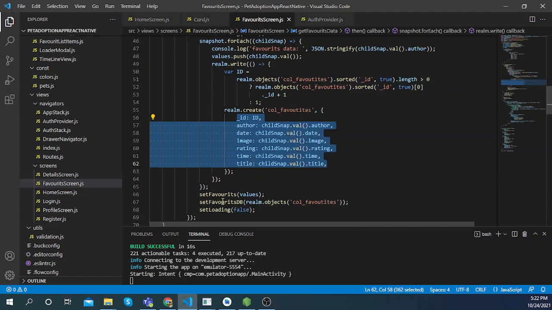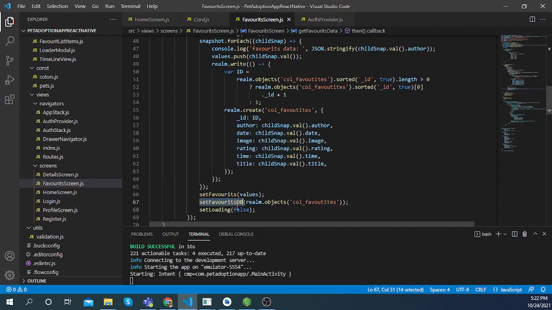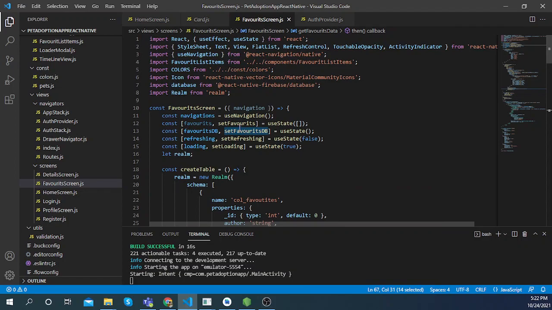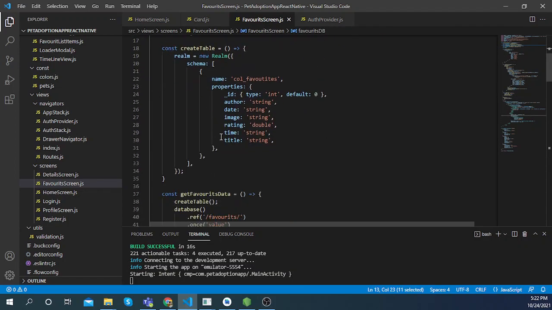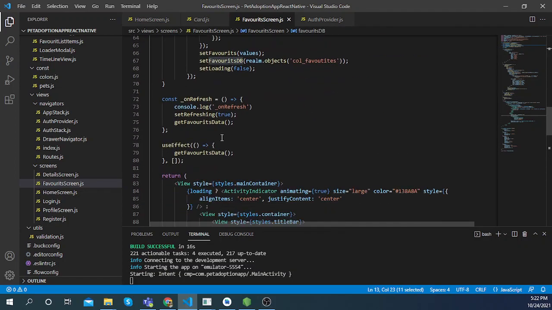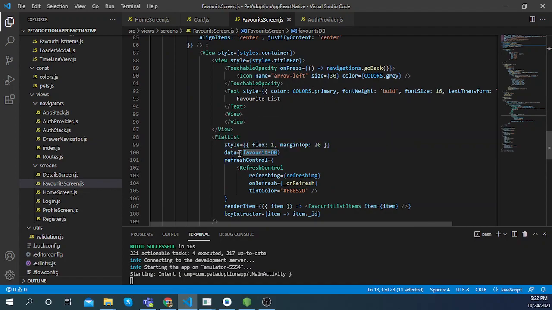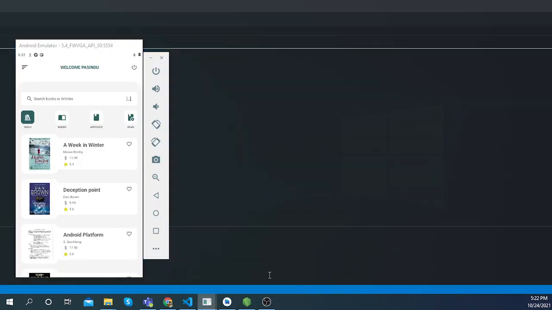And then I have set all these data to this favorite db method, React hooks, and it is here. And now I can access all this data. I can share all this data to the flat list by using this favorite db, and once you move there,